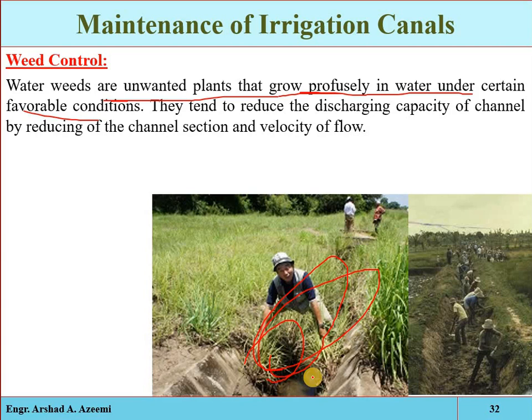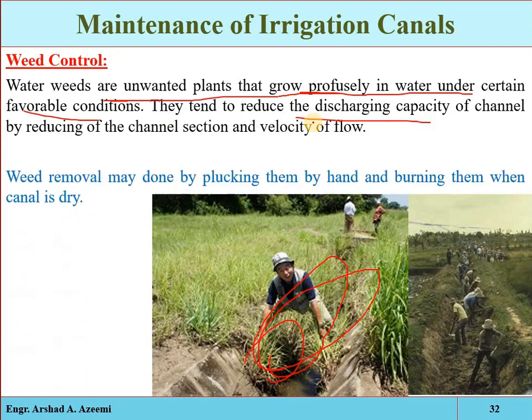So the soil is fertile, the water is available, the condition is favorable, so there will be high chances of unwanted plants occurring. They tend to reduce the discharge capacity and also utilize the water, so we have to remove that unwanted plant. One of the main methods is to pluck the weed by hand, by a manual method. Here you can see that the unwanted plant is plucked by a manual method and